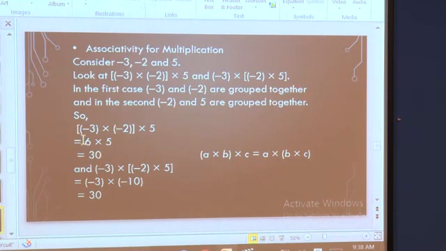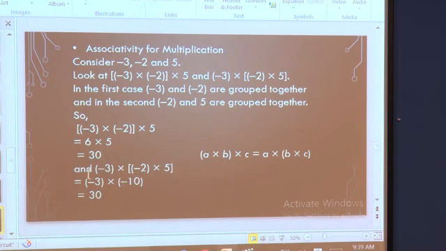We will see here. I have done -3 into -2, taking one group here, multiplied by 5. This is our first case. Here you know, multiplication means 3 2s are 6. A negative integer multiplied 2 times gives a positive integer, so it is +6. Multiply by this 5 as it is. So 6 5s are 30. You can do this very easily, and you can also take your own numbers and do it.